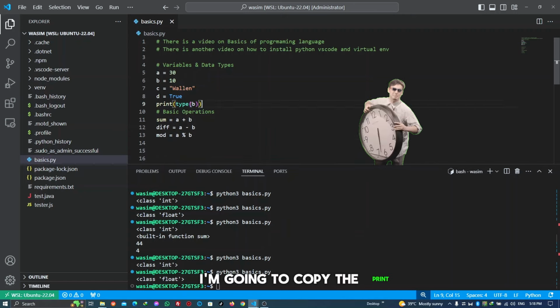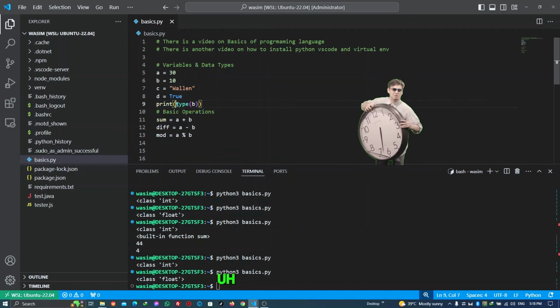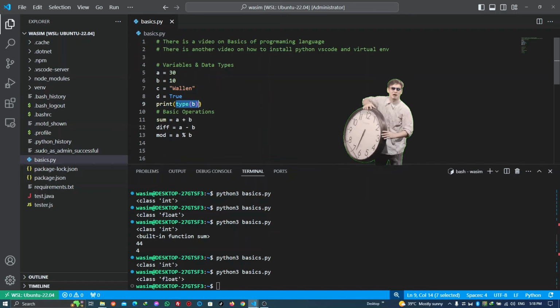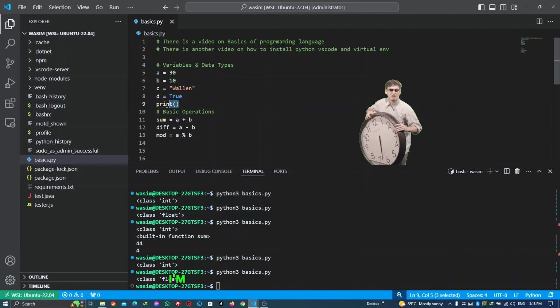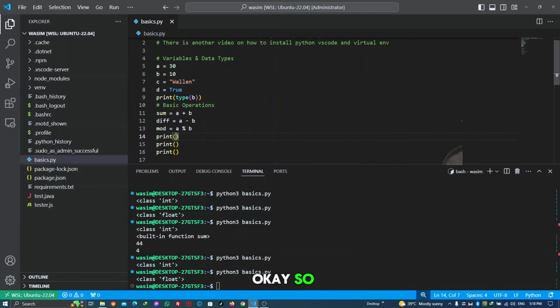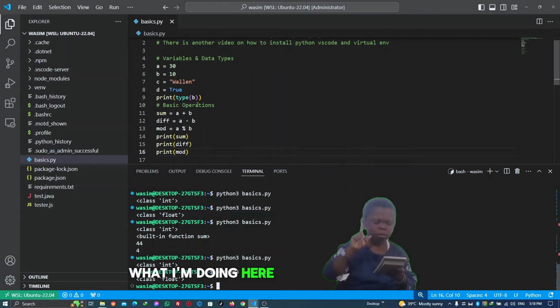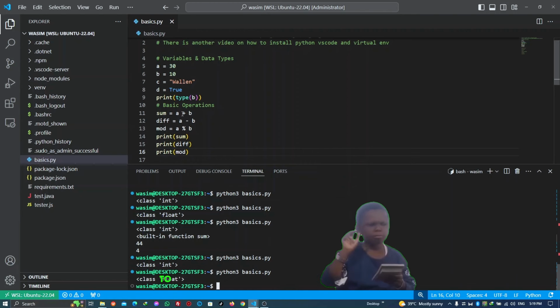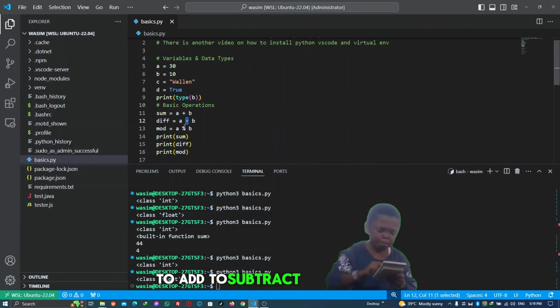I'm going to copy the print, and then sum, diff and mod. What I'm doing here is I'm using the arithmetic symbols to add, to subtract, and this is modulus,